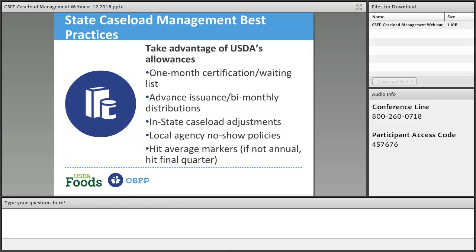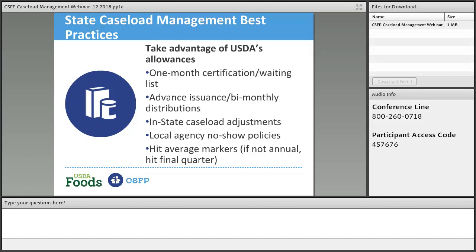We do follow that FD 099 guide, the memorandum, and we will fully allow our local agencies to employ a 1-month certification period. This is probably one of the core things of how caseload management could be completely utilized, is the notion that whenever you have one local agency that might have a little bit of challenge in distributing their caseload for a given month, that shouldn't make or break your performance. As long as you have your communication channels intact, you can communicate that out to other local agencies to say, hey,